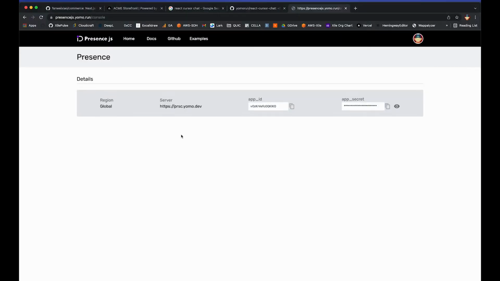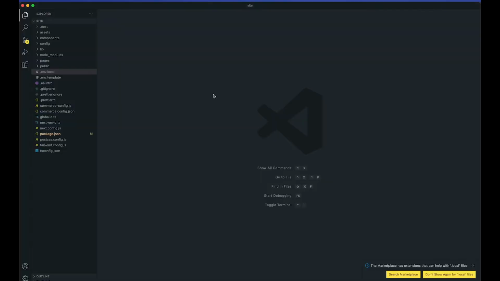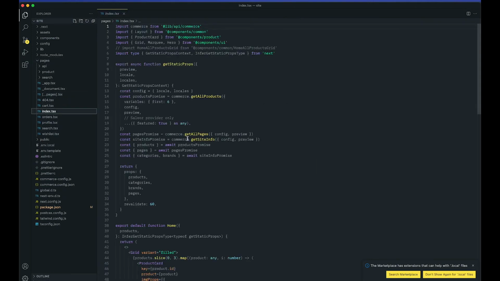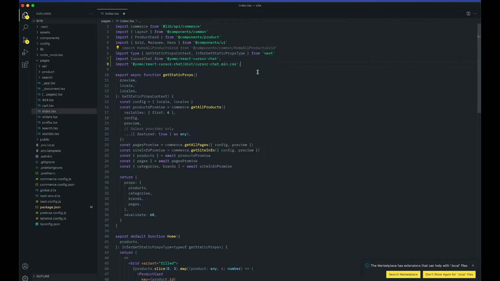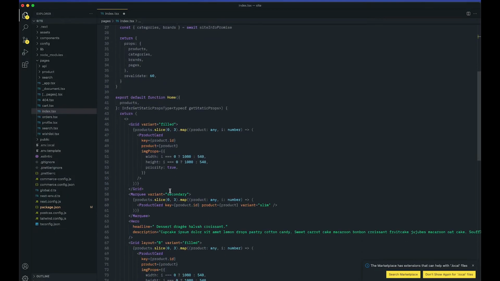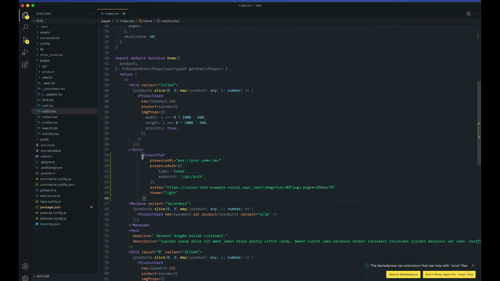For the next step, we will import this CursorChat component into our index page. So if you go to pages/index, this is where we want to add this component. So first of all, we want to import CursorChat from YOML, and then we will be adding this CursorChat component to